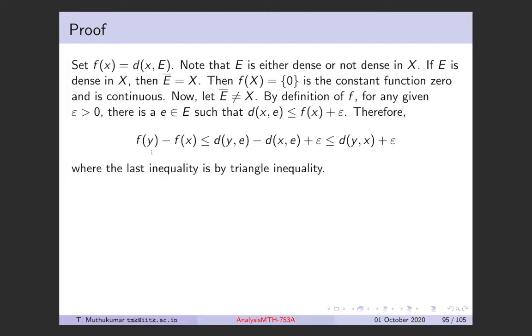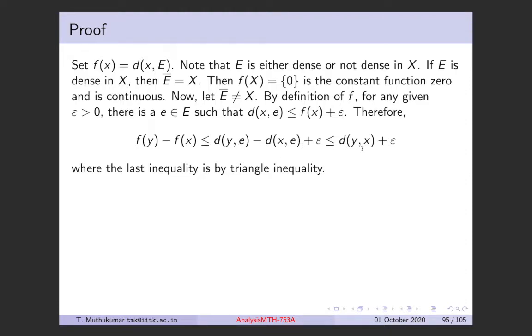So therefore, if you have this, I'm just changing the inequality, bringing the other side here. So minus fx is less than or equal to minus dxe here. And fy is the infimum over all these elements over all possible e's. So in particular for this e, fy is less than this quantity. So fy minus fx is less than or equal to this quantity, and minus fx is precisely this quantity here, and this